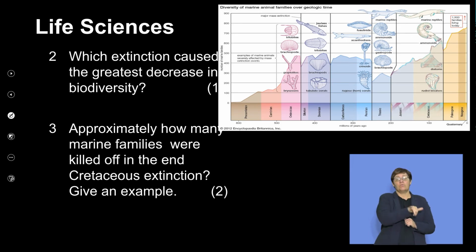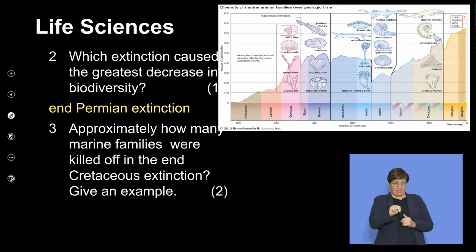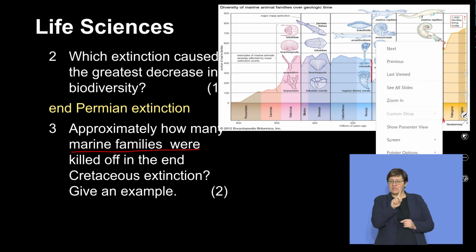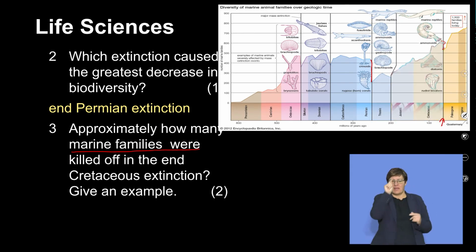Which extinction caused the greatest decrease in biodiversity? And from what we've done, we know that that is the Permian extinction, the extinction at the end of the Permian. Then, how many marine families were actually killed off in the end Cretaceous extinction? So you find the end Cretaceous extinction, which is here, and you have a look at more or less how many different families disappeared, and that is about